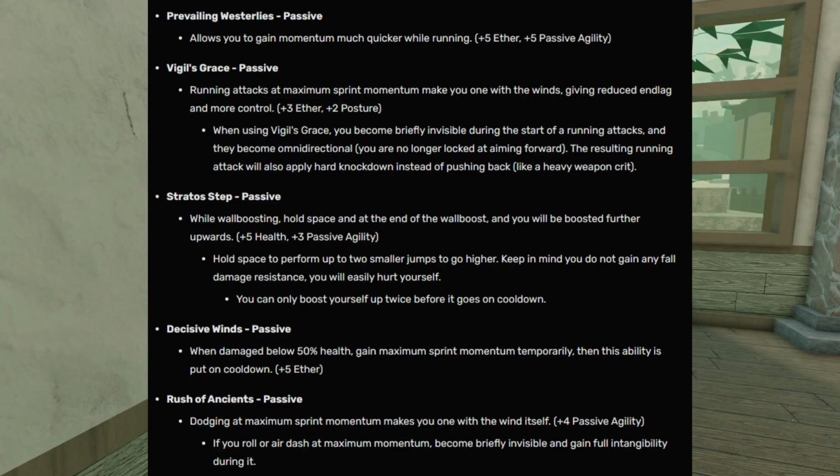The update put in the game a long time ago that created momentum. The oath basically buffs momentum quicker when you're running. This passive also gives you +5 passive agility and +5 ether. Vigil's Grace: running attacks at a maximum sprint will make you do one with the winds, giving reduced end lag